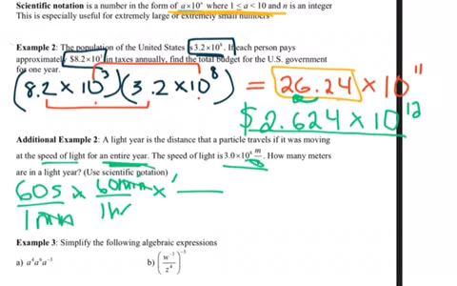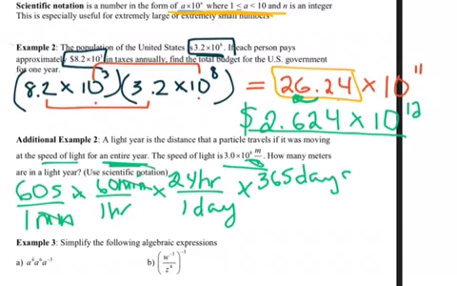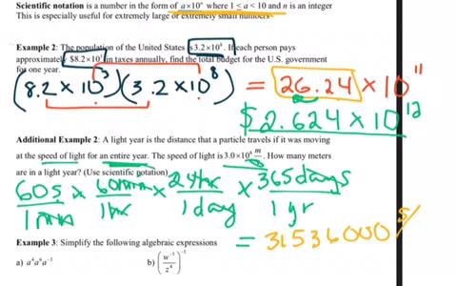There are 24 hours in 1 day. There's 365 days in 1 year. Okay, so now what I see is my hours canceled, my days have canceled, so I have this seconds per year, and that's what I want. So now when I multiply all of that out, I get 31,536,000 seconds per year. And to put that into scientific notation, I'm going to move the decimal 1, 2, 3,